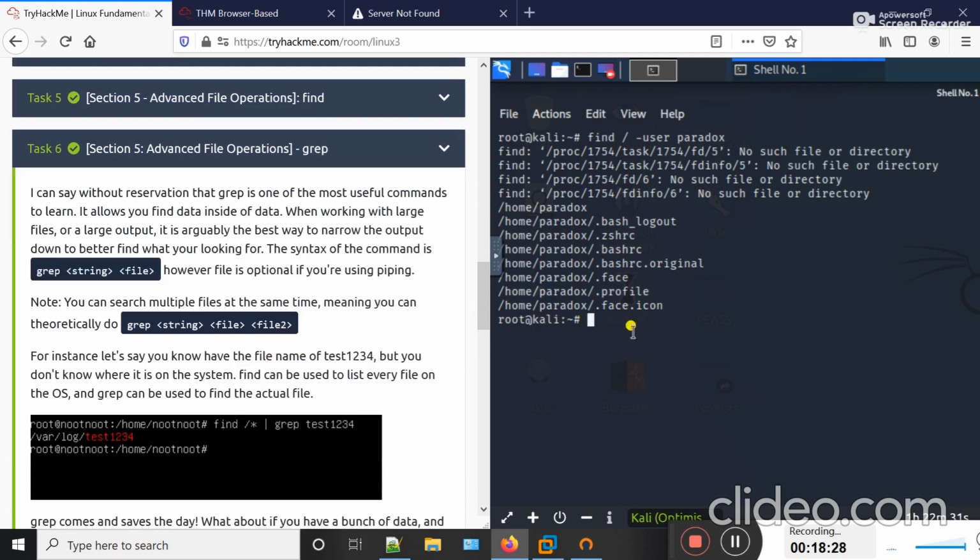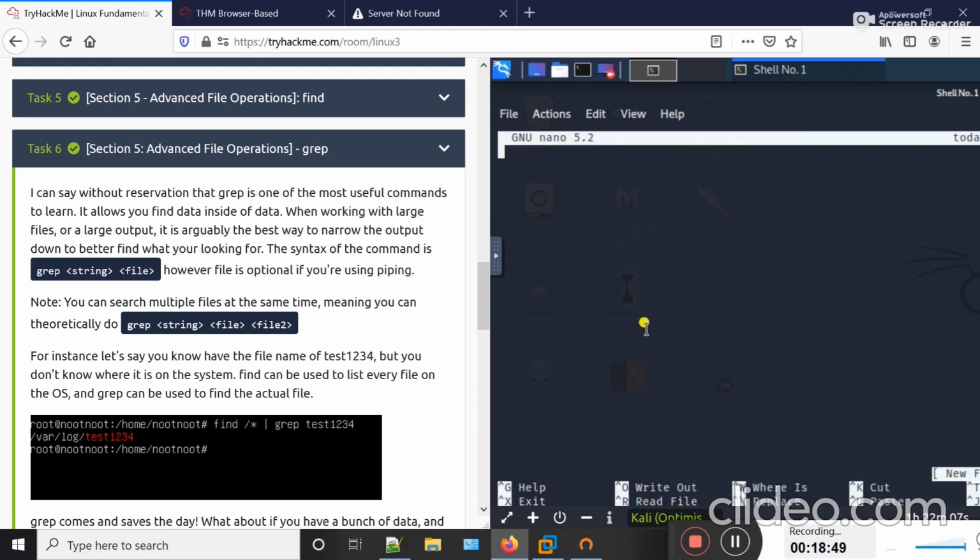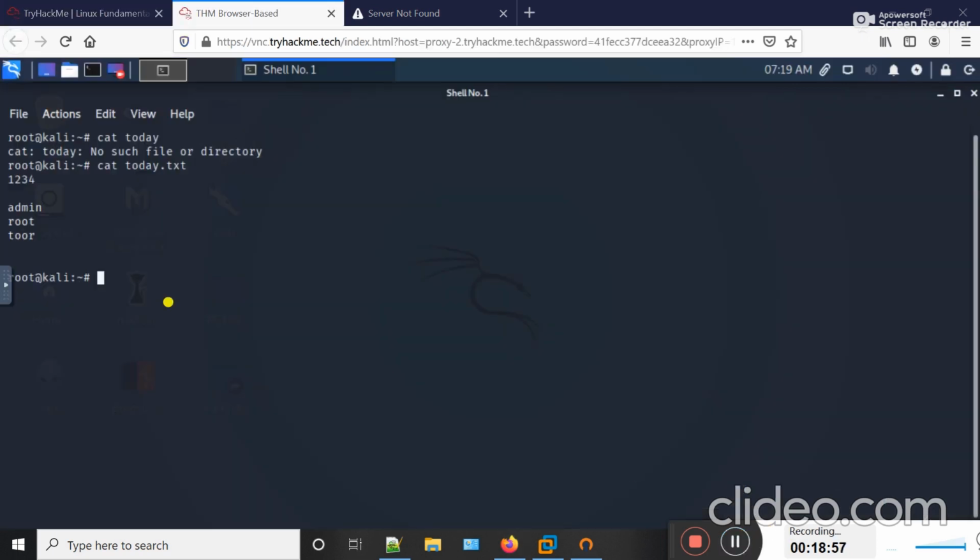If I create a file by using the nano command, I type nano and then the name of the file, today.txt, and hit enter, and then I type some content into this file. Here you can see the content of this file: 123, admin, root and tor.